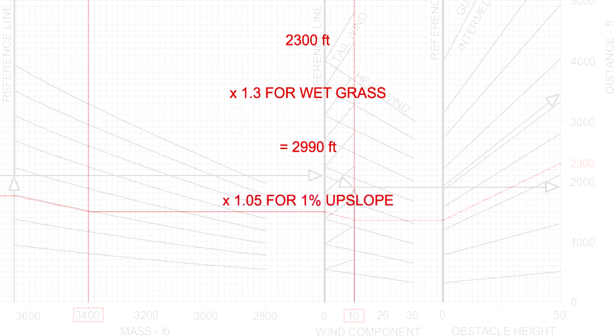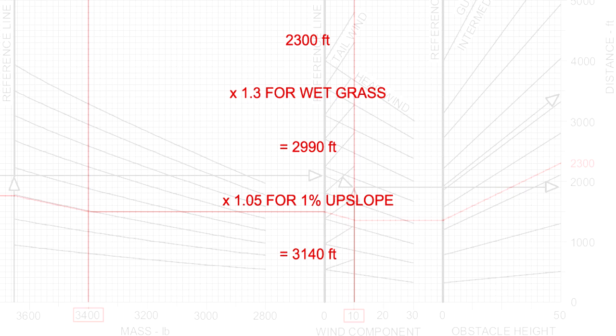Let us now assume that the runway has an upslope of 1%. Again, you may recall that this would increase the takeoff distance by 5%, or by a factor of 1.05. This now makes the total gross takeoff distance 3,140 feet. To comply with the regulations, you may recall that the takeoff distance must be compared to the available